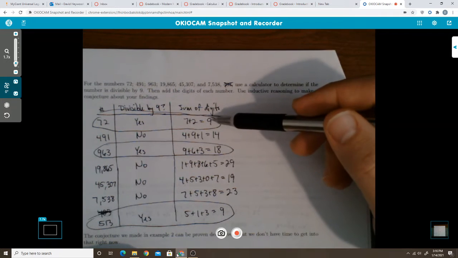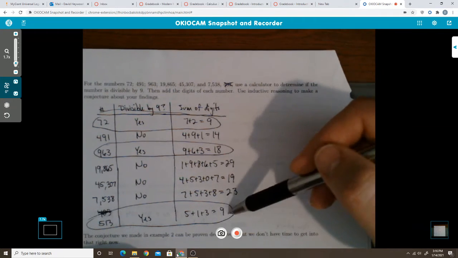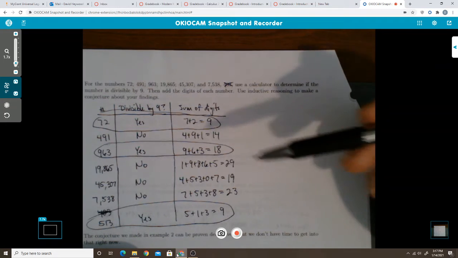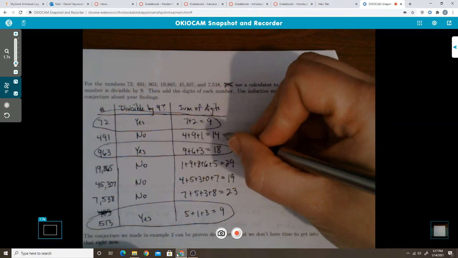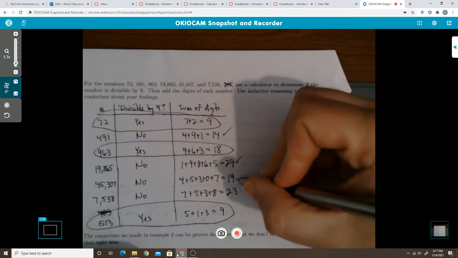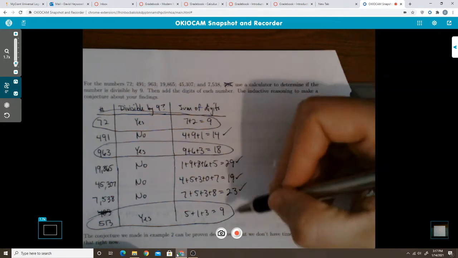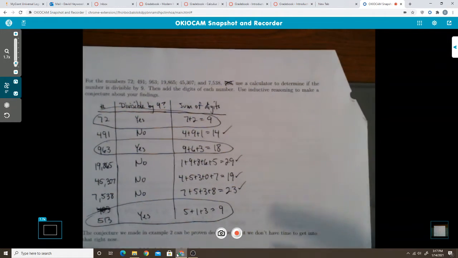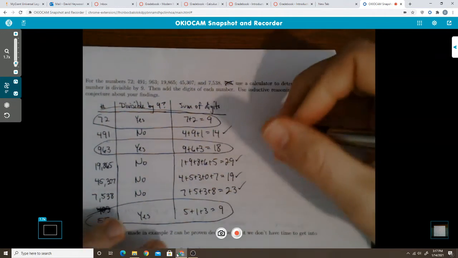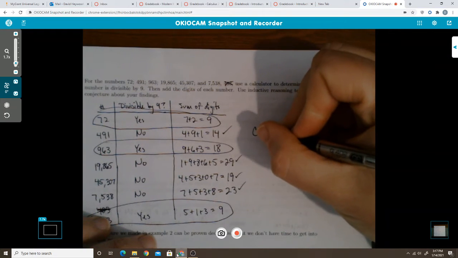They're all multiples of 9. 9 times 1, 9 times 2, 9 times 1. Meanwhile, if you look at the ones that are not divisible by 9, these numbers are not multiples of 9, right? 14 is not a multiple of 9, 29 is not a multiple of 9. So one conjecture that we could make